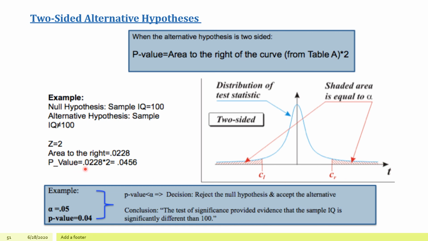Then the p value we already decided for the one-sided case, but for the two-sided we have not decided. So how do we decide the p value for the two-sided? We have to multiply this by 2, or just add this with this. So 0.0228 times 2 is 0.0456. Again, it's less than 0.05. So here also you reject the null hypothesis and accept the alternate hypothesis. So it is significant. There is a difference between the Malaysian mean IQ of 100 and the batch 23 mean of 108. So there is a difference between the intelligence quotient of the whole population and batch 23.